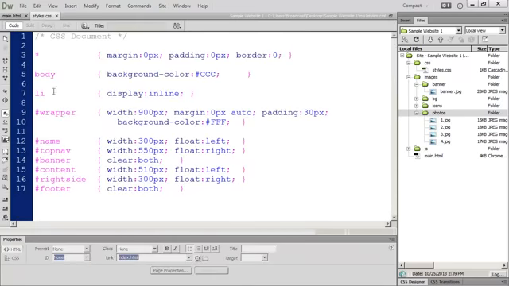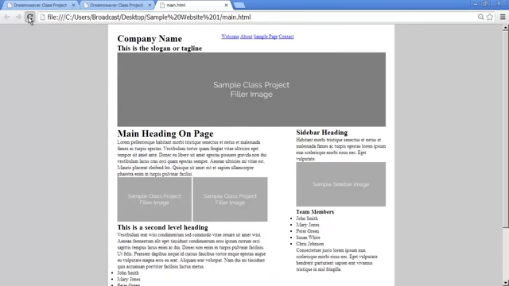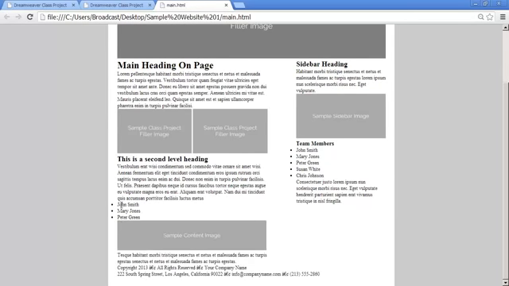So I'm going to change this to top nav, and notice I put the hash mark next to it because that is an ID, and then UL and then LI. And we'll save that. Now when we go into Chrome and refresh our page, we can see these are now being displayed side by side, whereas these are stacked on top of each other,